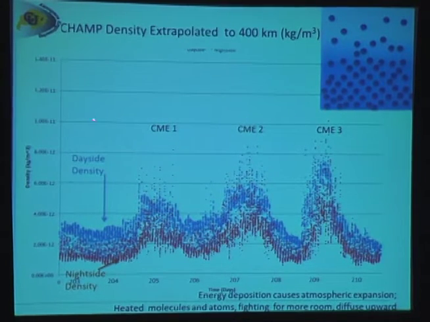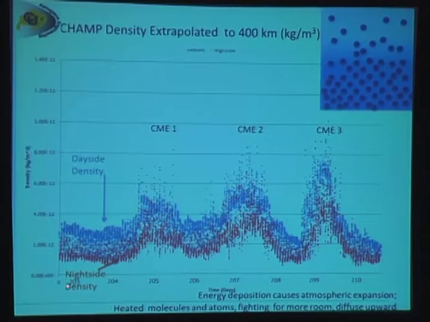And this nice example from 2004, 10 days starting on day 2003, ending in day 2010, is essentially a nice illustration of that. The blue part of this trace, which comes from the CHAMP neutral density, actually measured just below 400 kilometers, but referenced to 400 kilometers, shows us that the dayside density at a fixed altitude is higher, the nightside density is lower. So the dayside atmosphere is heated by the sun, it expands more than the cooler nightside